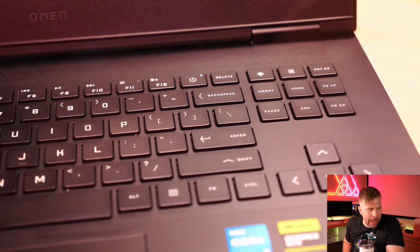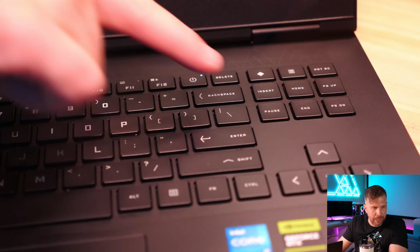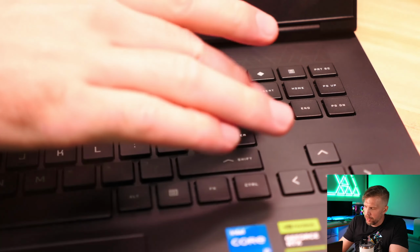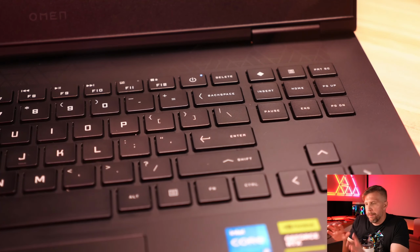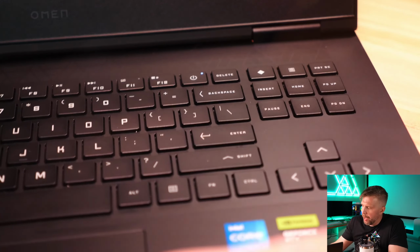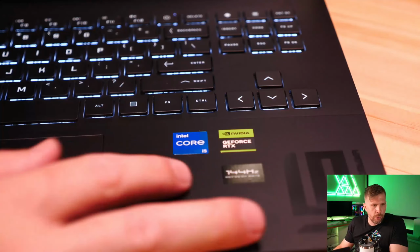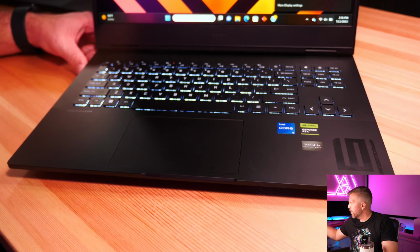page up, page down, and pause, which is interesting because I would have rather them put the delete key probably here where it would normally be on a traditional laptop, and then put the pause up here where the delete is there. I don't know. It's a little different because this is more like the classic keyboard, big keyboard, like desk keyboard style layout, with the exception of the pause and delete key being flipped. And then of course the arrow keys also are separated off very nicely, which you can see